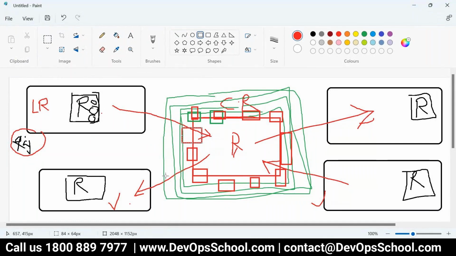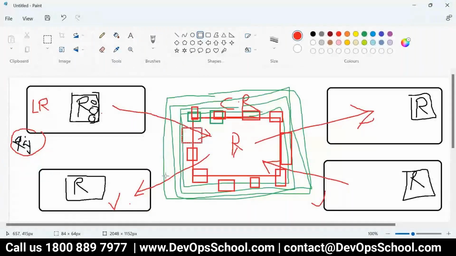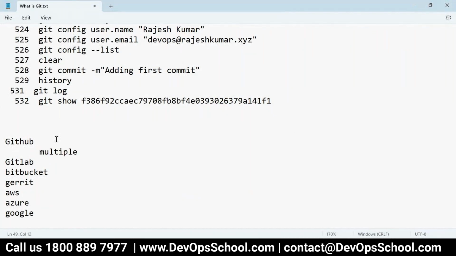Understood now what is GitHub, what is GitLab, what is Bitbucket? They are like client partners, or additional suppliers of tools. Like, what is their role? They are software. They have created software where you can host multiple remote or central repositories. Simple.